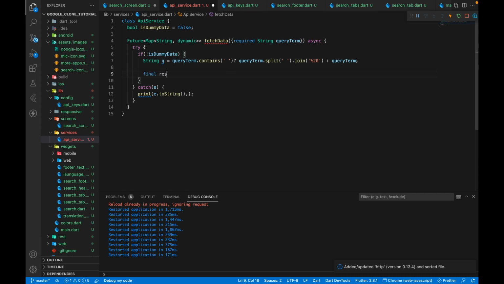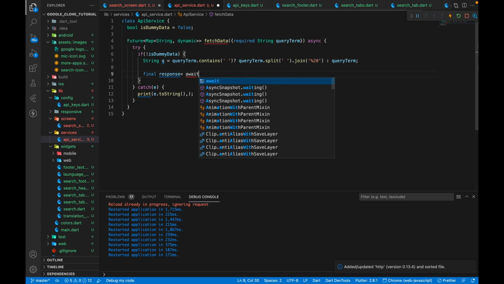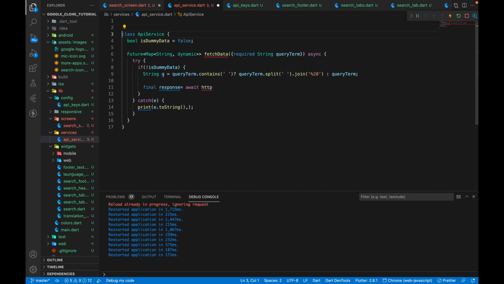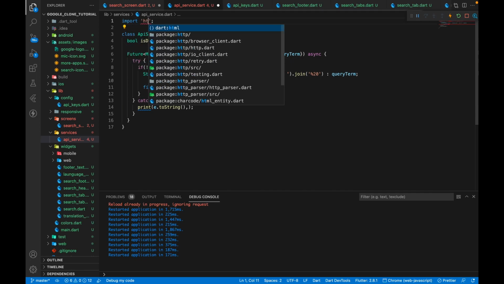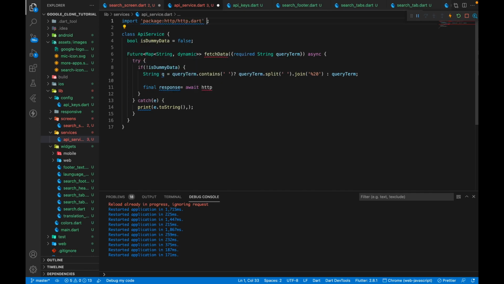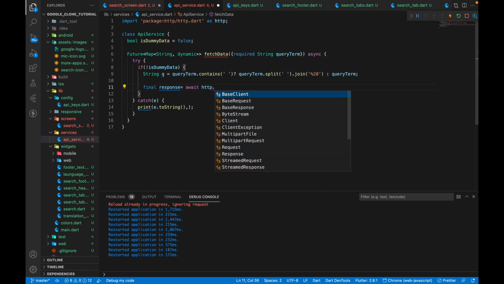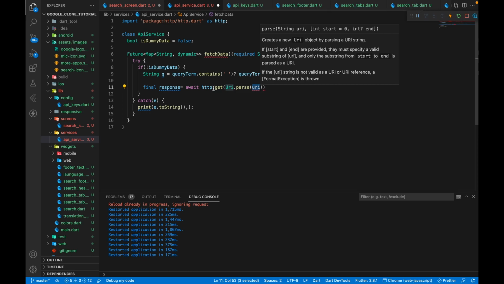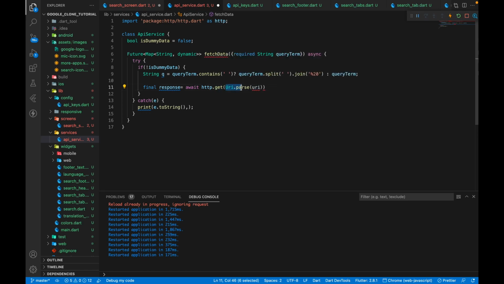Now the response will be final response equal to await HTTP, and we have to get the HTTP package. So we can do import http.dart as HTTP. We can do http.get, and what we need to get is URI.parse, since it accepts a URI, and we can do URI.parse and pass in the URL over here, and the URL is going to be